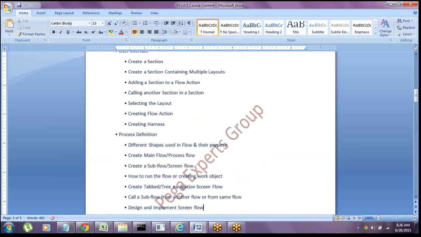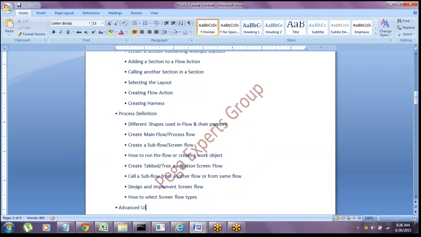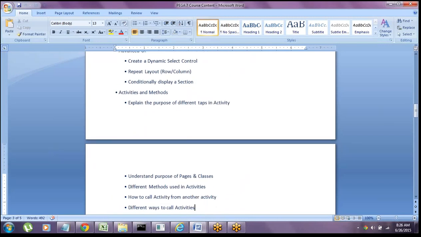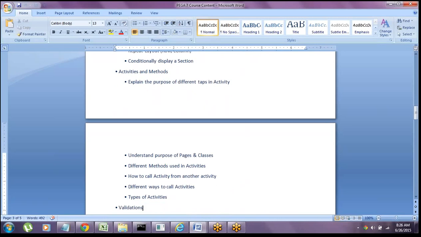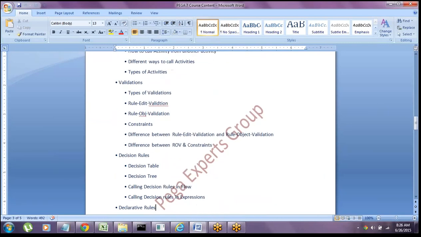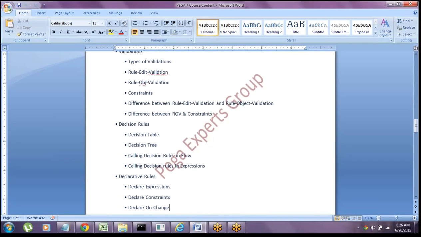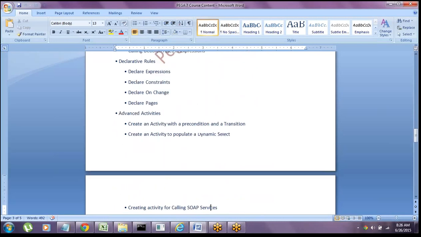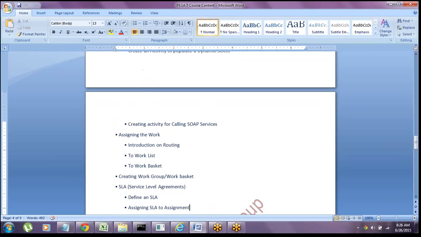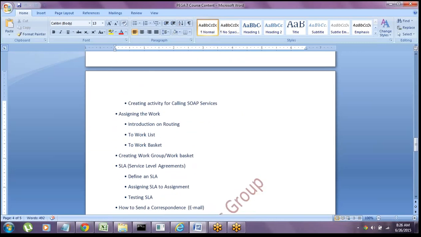Okay, these process rules, advanced user interfaces, activities and methods. Pega internally contains so many methods, guys. We will be covering all the methods and different types of validations and how to add the conditions. Decision rules, declarative rules. We have advanced activities, how to add the options in the advanced activities, and how to map the data, assigning the work.